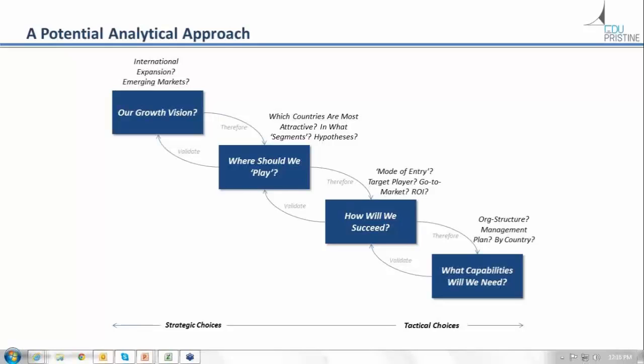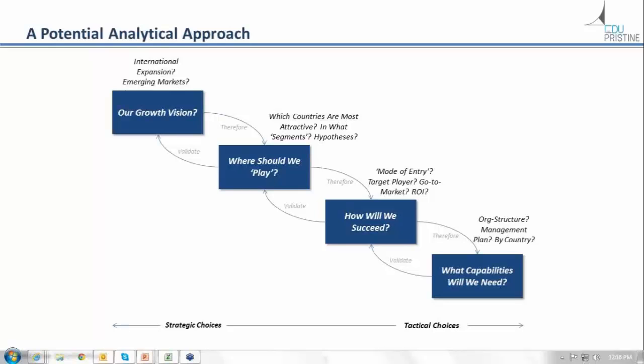So for this particular client, we said, if you're thinking about Latin America, there are X number of countries in Latin America. Probably there are 8 to 10 countries worth considering for a high-level analysis. Then we shortlist them further and finally dig deeper into a much smaller set of shortlisted countries. And once you make those choices, okay, out of these 8 or 10 countries, here are the 2 that we should be focusing on, then again you spend the time to figure out how we are going to succeed in those markets.